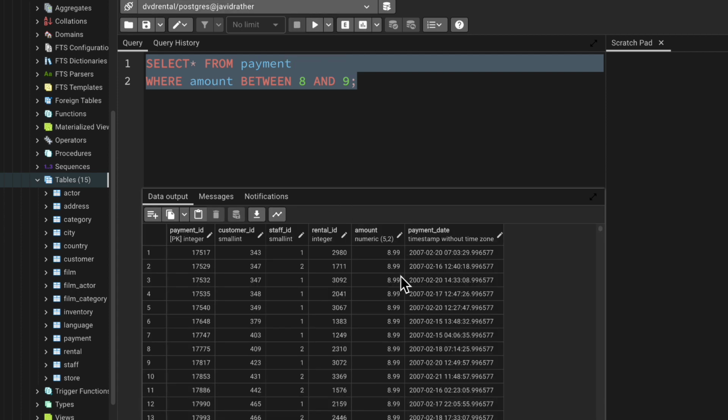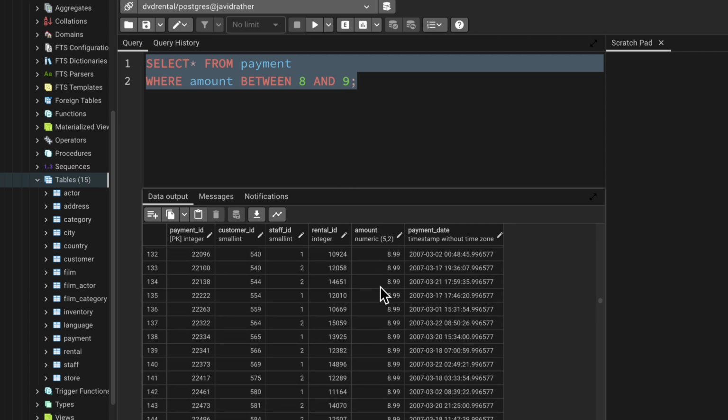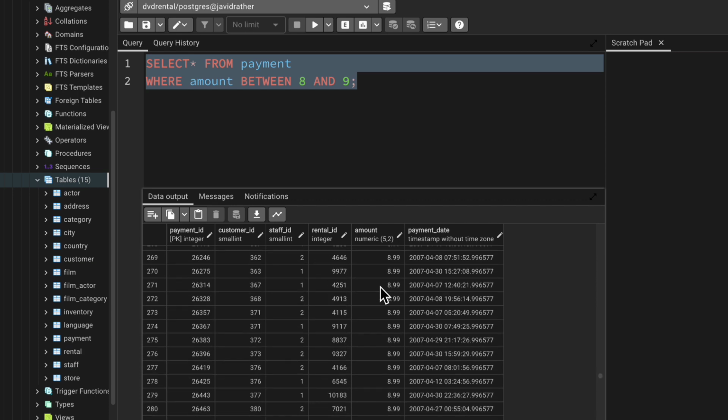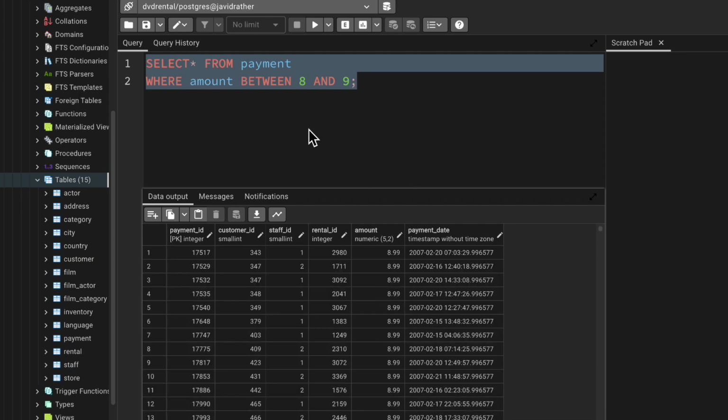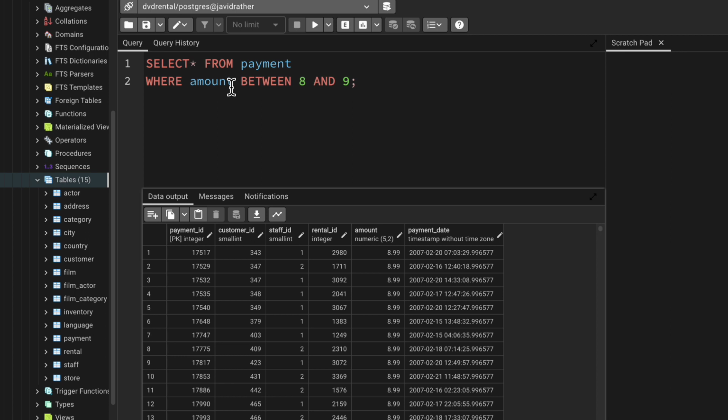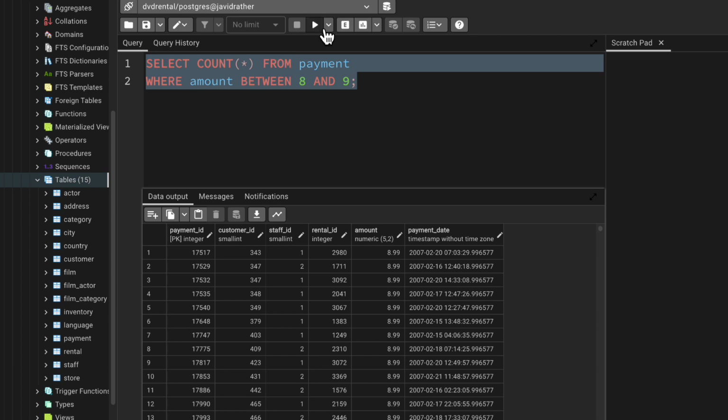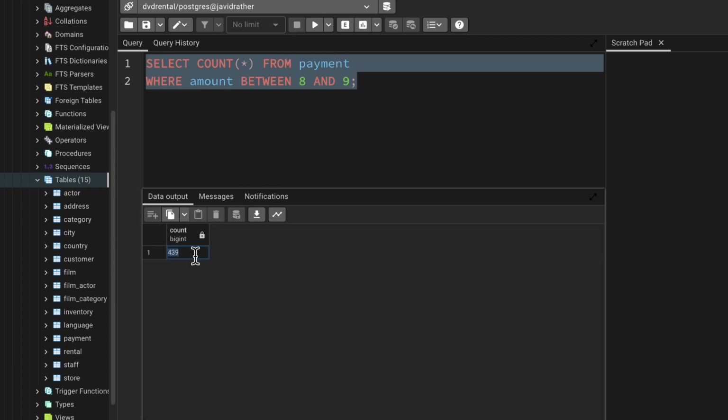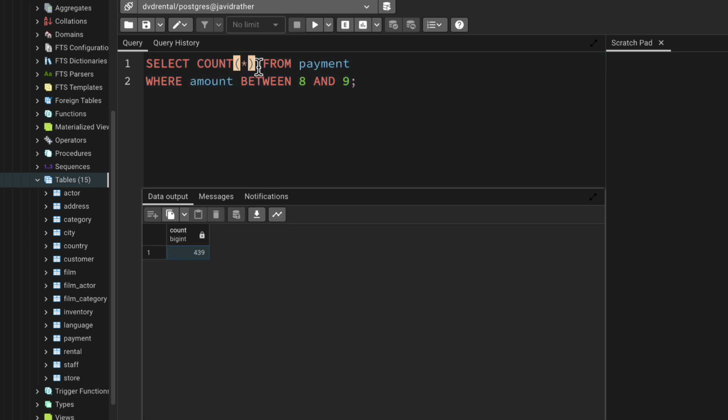So everything will be included. Every value that is falling between 8 and 9 is going to be included here, like 8.99 and something like that. And if you have to find the count of the total number of values that are falling between 8 and 9, you can use the count function and try to find it. It should be 439. Yeah, so this is the total number of values that are